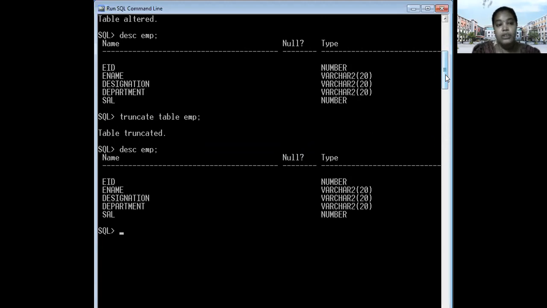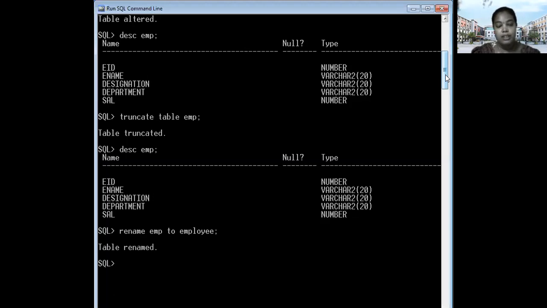So how to rename the table name? By using the rename command. Rename employee to employee.